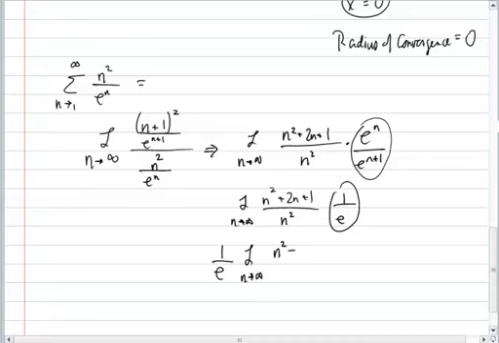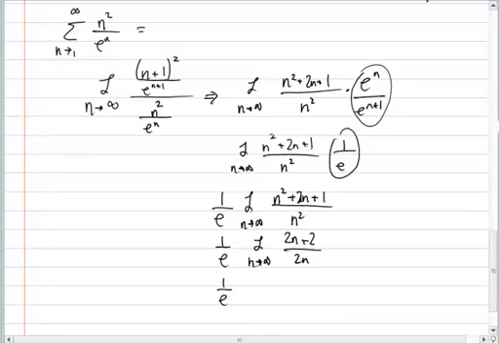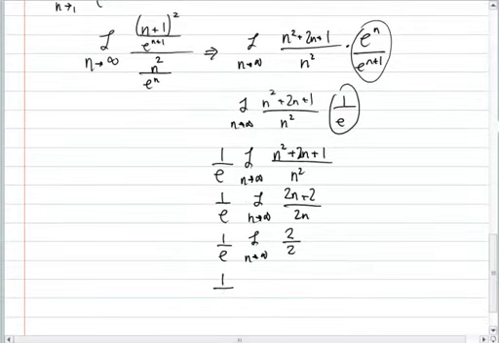And now I'm going to use L'Hopital's rule, because I have an indeterminate form, because when I try to plug in the limit, I get infinity over infinity. So I'm going to use L'Hopital's rule, and that'll tell me to do the limit as n goes to infinity of 2n plus 2 all over 2n. In this case, I take the derivative and I get an indeterminate form again. So I'm going to do L'Hopital's rule one more time. And I'm going to get 2 over 2, which is not an indeterminate form. And I get 1 over